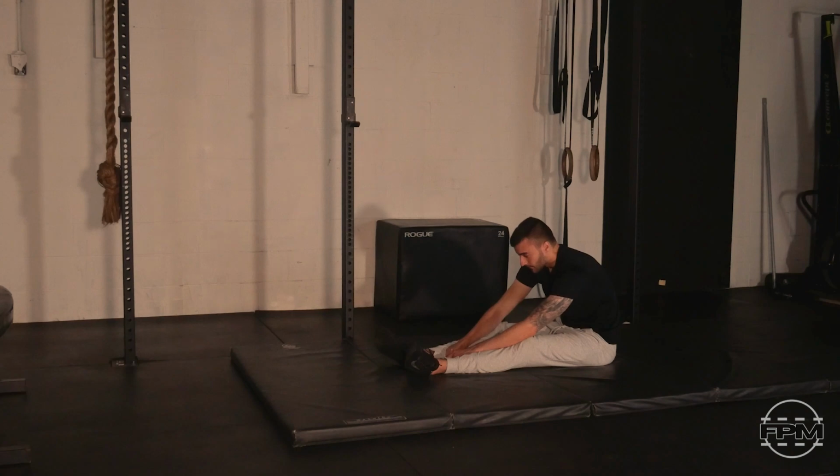There are no hard rules. We don't need the back totally straight. We don't need the legs totally locked out. Just feel out what feels best for you. Your body will not lie to you. It will always give you clues. If something doesn't feel right, just back off on that tension and settle into whatever amount of tension feels right